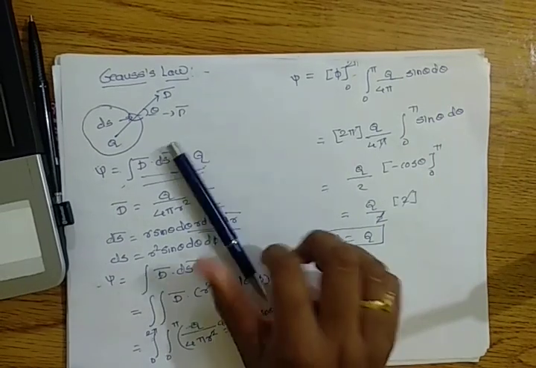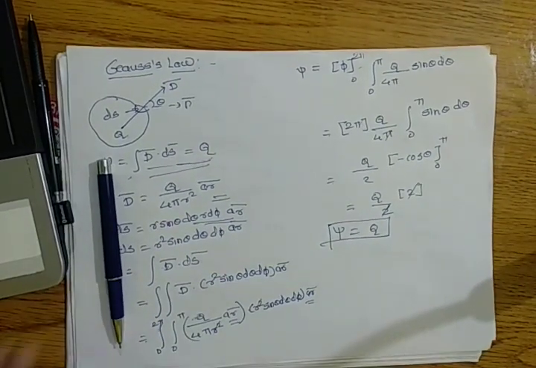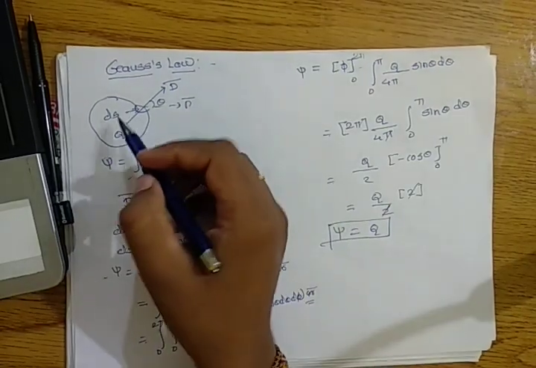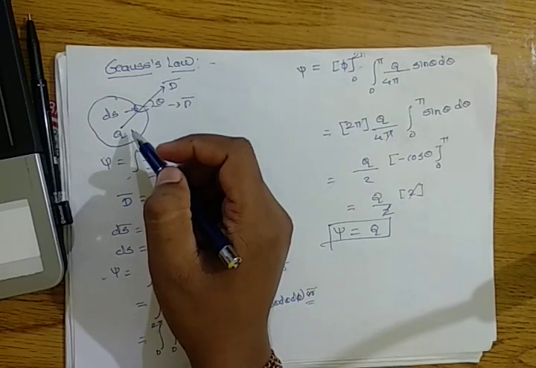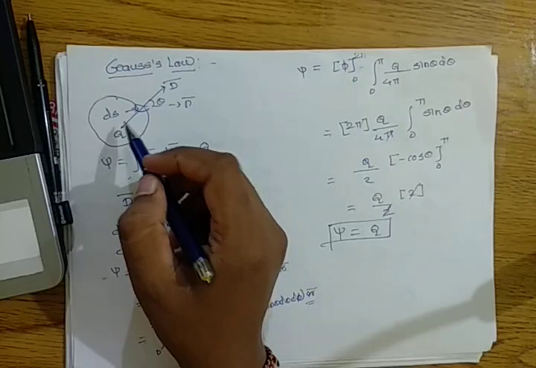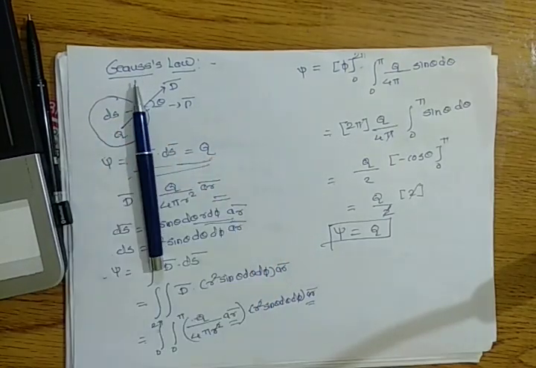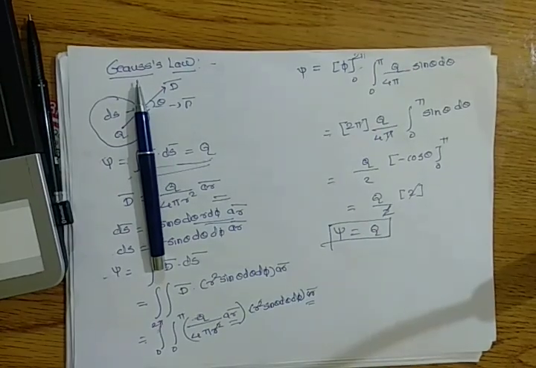So that is the way you have to prove the Gauss law. What is the use of the Gauss law? Gauss law tells you that when an area is given, the flux crossing through that area is equal to the total charge enclosed in that area. So that is called the Gauss law. Gauss law is useful for many applications that we will study in the next lectures. We will see some problems on the Gauss law in the next lectures.